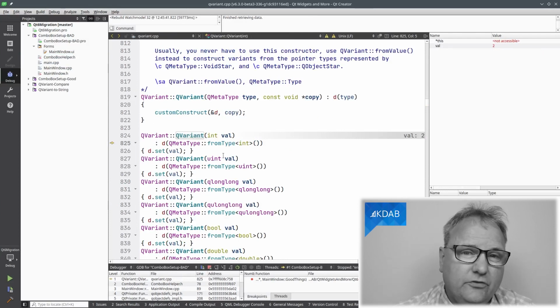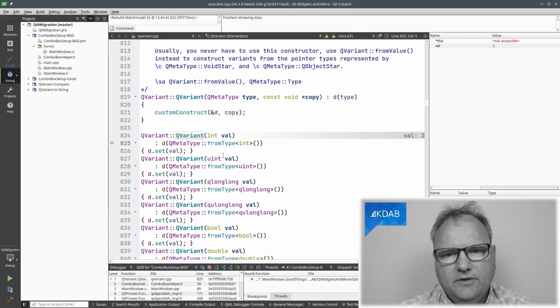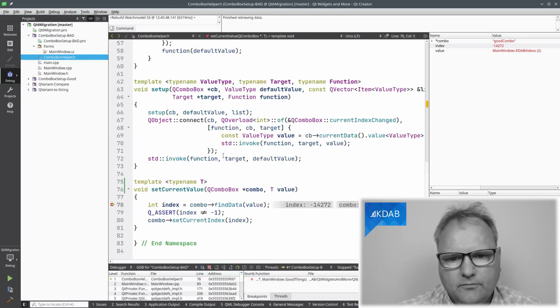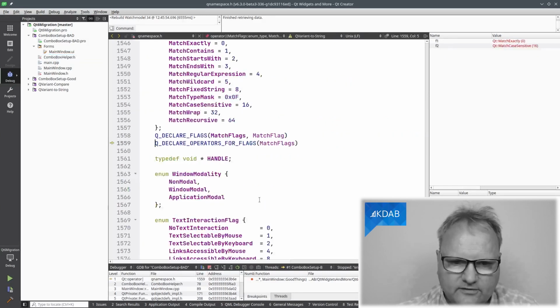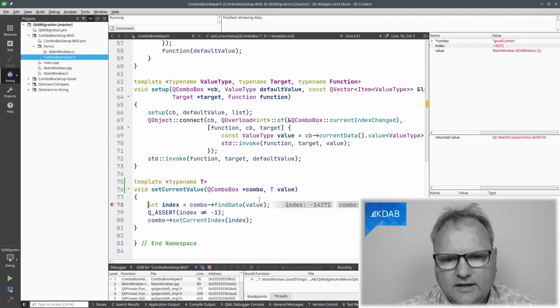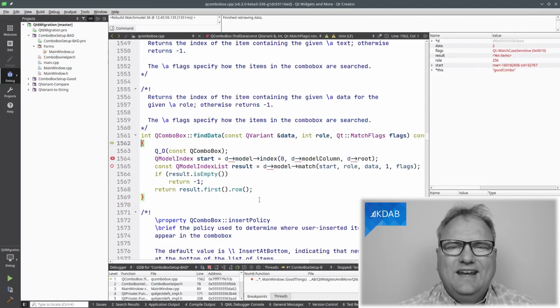First, it converts it to a QVariant from the integer value there. Okay, back again. That's just a conversion because I gave it this enum here and I want it as a QVariant. Let's debug further in. Something here, let's get out of that again. And once again in, and now I'm actually in the findData method.